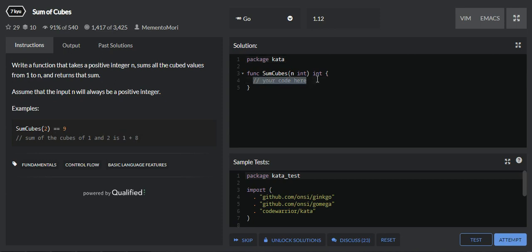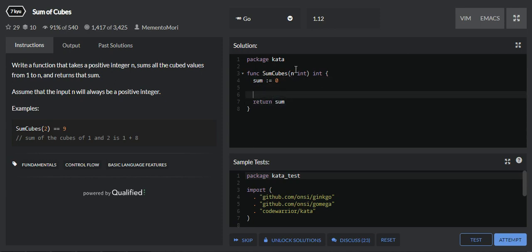So here we can see that the function sumCubes is already given to us, and the input n is given to the user, and it is of type int, and we have to return type int. So we can declare a variable by using a shorthand declaration, and we will assign it to 0. We are going to calculate all the cubes and store the sum of all the cubes into the sum, and then at the end we are going to return the sum. So this variable is going to hold our final result.